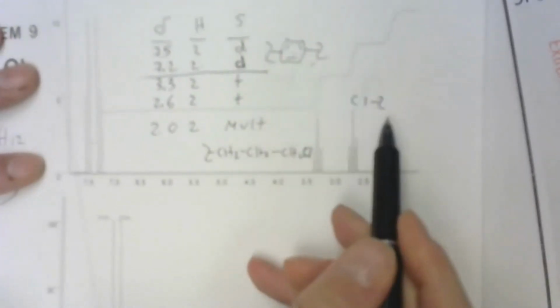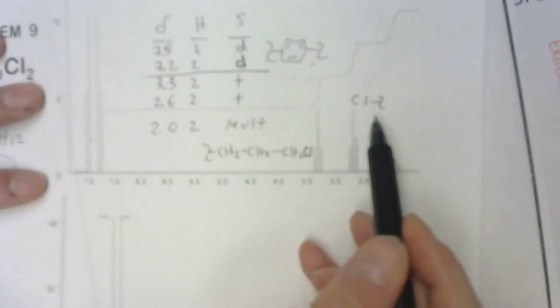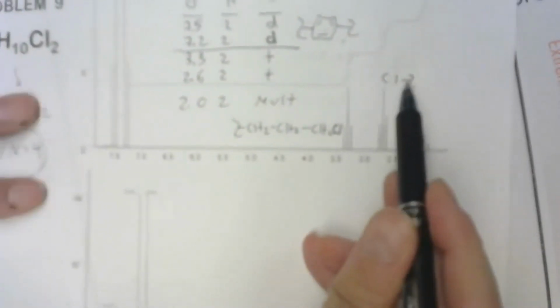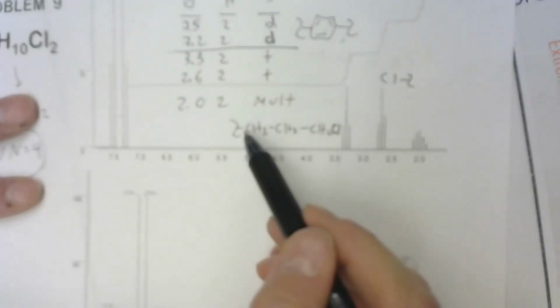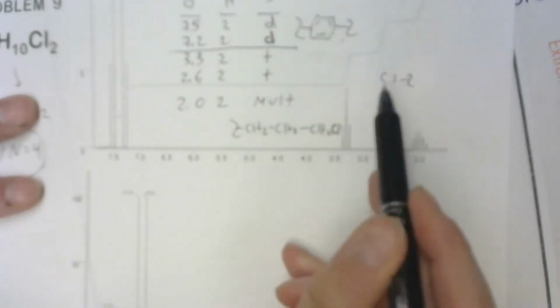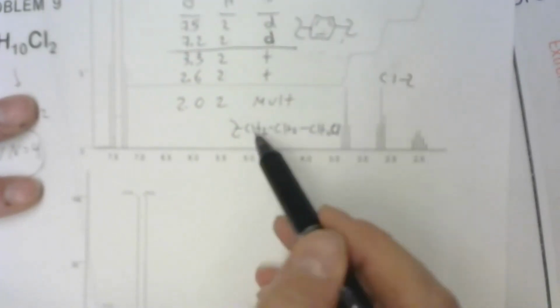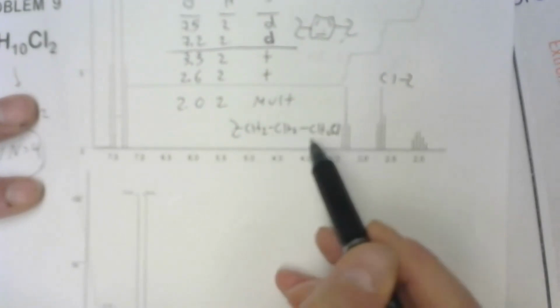We got a benzene with a chlorine. Where's this chlorine? Where's the only place this chlorine can be? It can't be there because we have a middle piece, right? It looks like we have a middle piece and 2 end pieces. The benzene's the middle piece, chlorine on one side, chloropropyl on the other side. The only way to put this together now is, and I'll draw it down here,